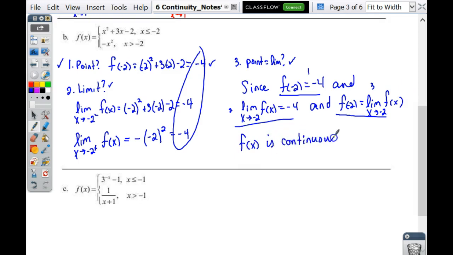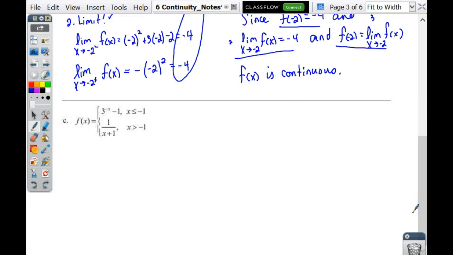I do not have to prove that a quadratic is continuous. I do not have to prove my knowledge here, but I do have to prove at this intersection point that they are continuous. Last, but certainly not least, this last question, doing the same exact things,